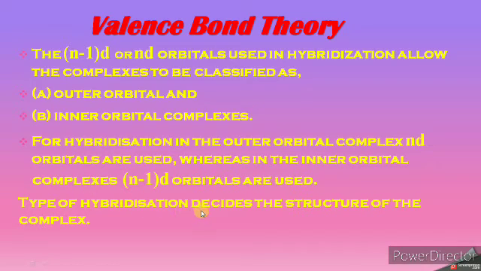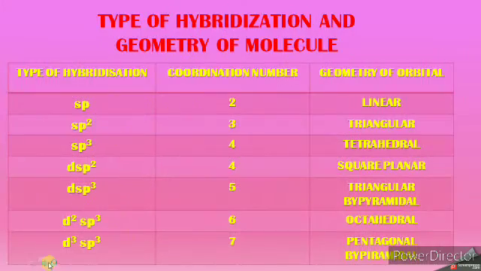Then the type of hybridization decides the structure or geometry of that complex. So there are different types of hybridization. Let us see one by one. The type of hybridization, coordination number, and geometry of the complex. So first type is